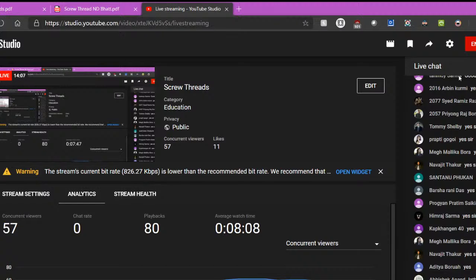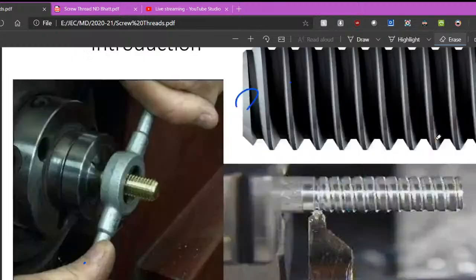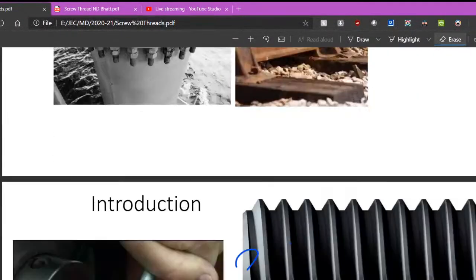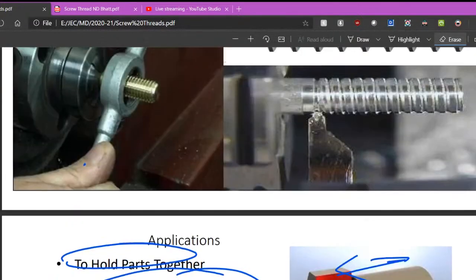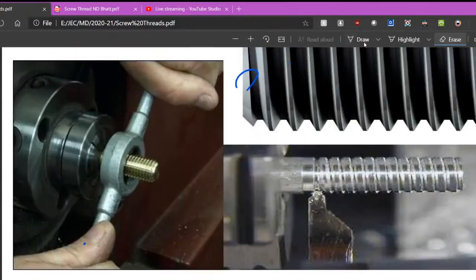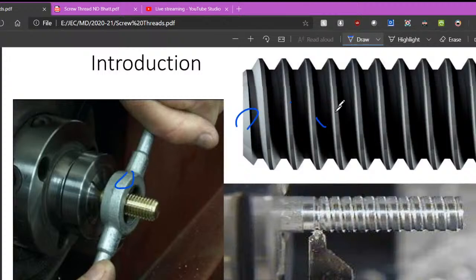So what is a tap? A tap is a tool to create the internal thread inside a hole. So it is like this one. This one is called a die, and this die is used for cutting the external thread. Suppose this one, we take it and we place it against, inside a hole. Suppose this is the hole.